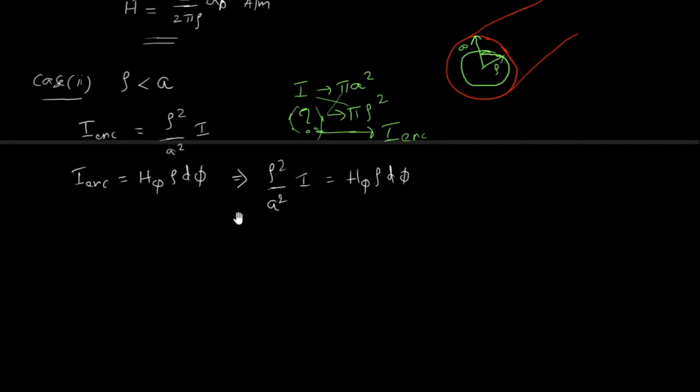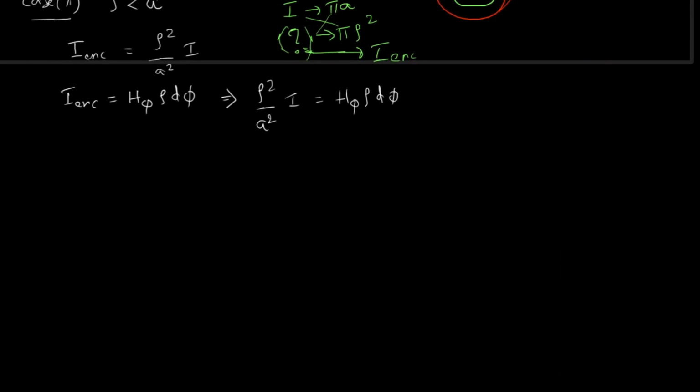So continuing to evaluate this mathematically, I am interested in H phi. I have to integrate this, because this is just H phi rho d phi. Sorry, I have to write the integral form here. So this is a closed integral, because Ampere's circuital law says it is the closed integral of H dot dl. H dot dl is this, so I have to do the closed integral. Okay, so now the closed integral of this, H phi rho d phi.